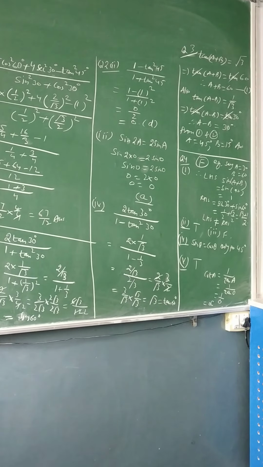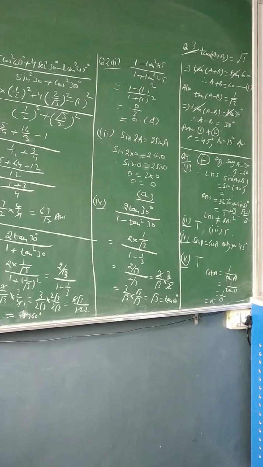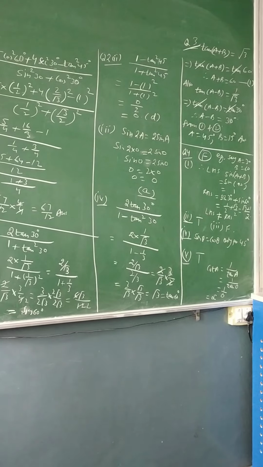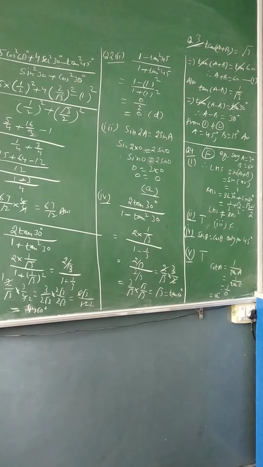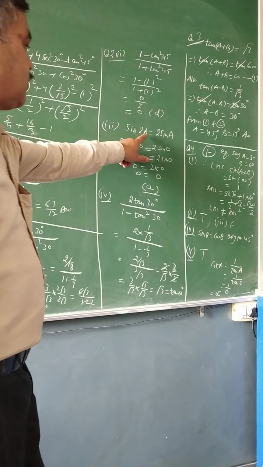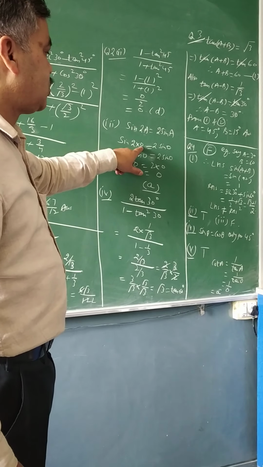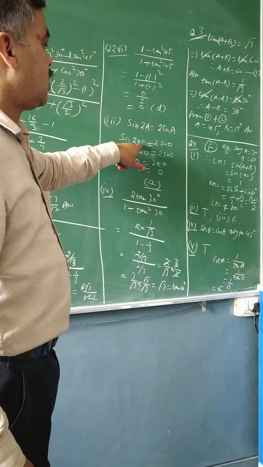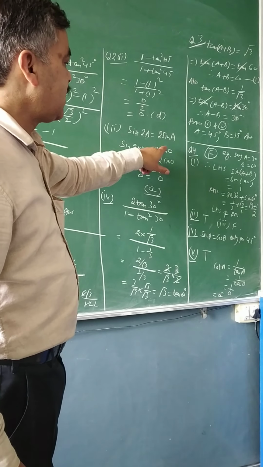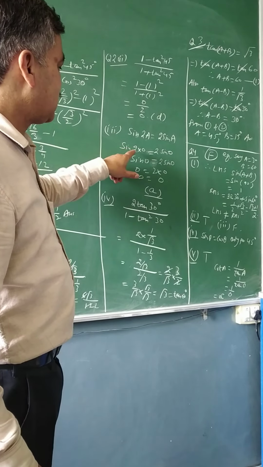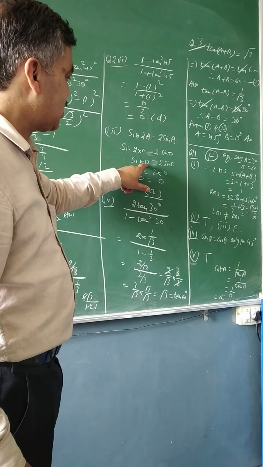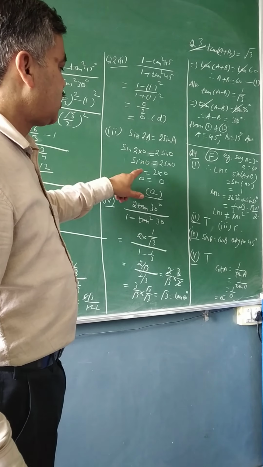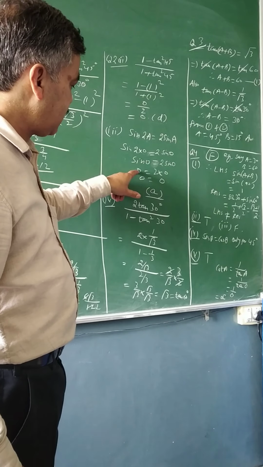Then in third part you need to find when sin 2a is equal to 2 sin a is true. When sin a is equal to, option wise, like first option is a is equal to 0. So you can put for this a the value 0. So the left hand side becomes sin 2 multiplied by 0, and the right hand side is 2 sin 0. Now this 2 into 0 will make it sin 0. Sin 0 I know is equal to 0. So this will directly be equal to 0.